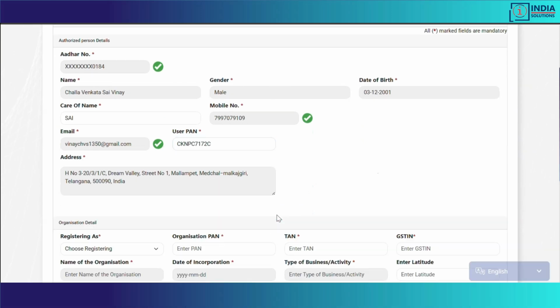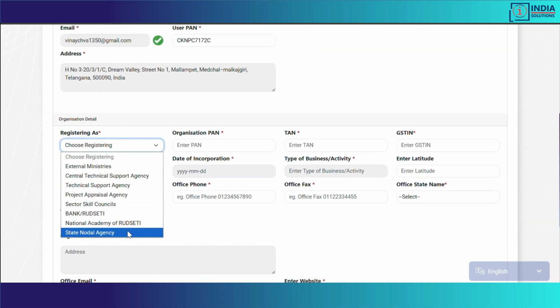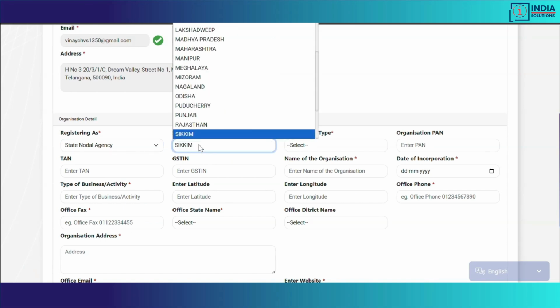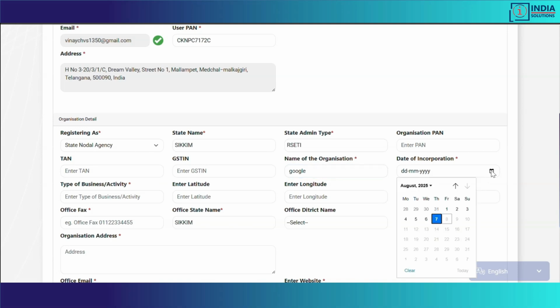The user then enters organization details. Select registering as, choose State Nodal Agency from the drop-down. Select State, choose Sikkim. Select State Admin Type, choose RSETI from the drop-down. Enter at least one of the following, PAN, GSTIN, TAN number. Enter the following details, name of organization, date of incorporation,